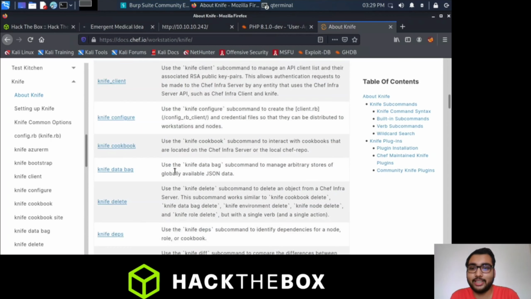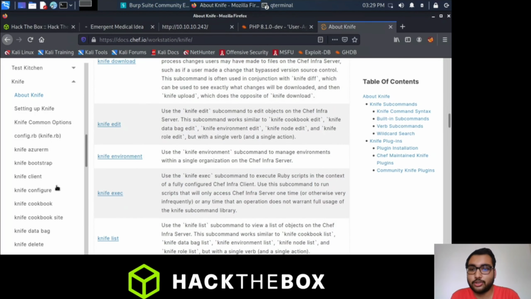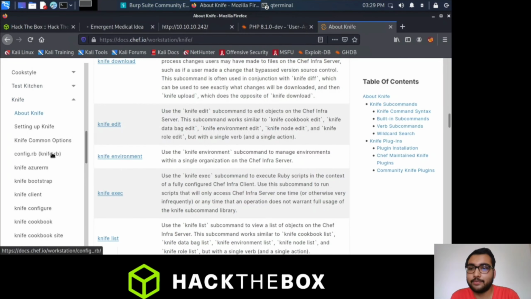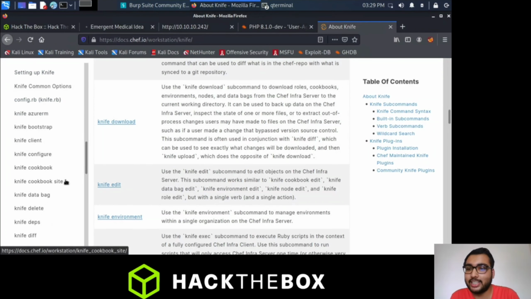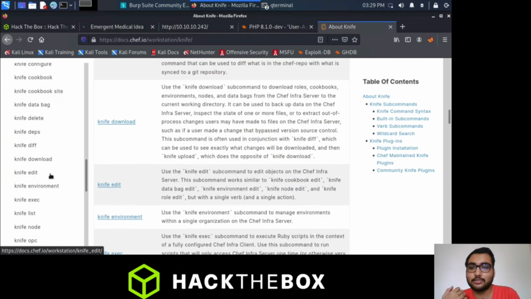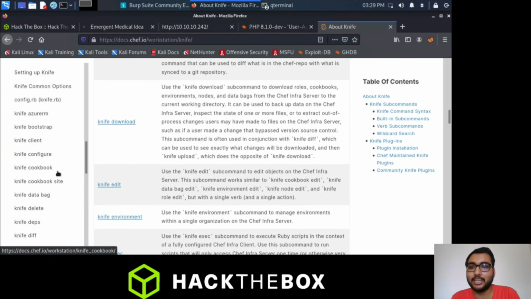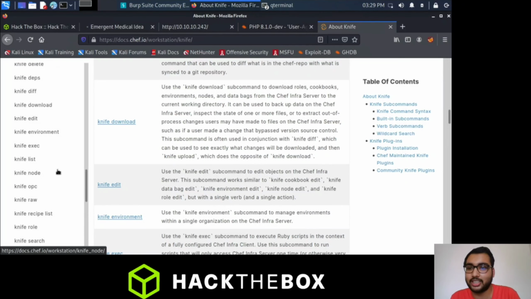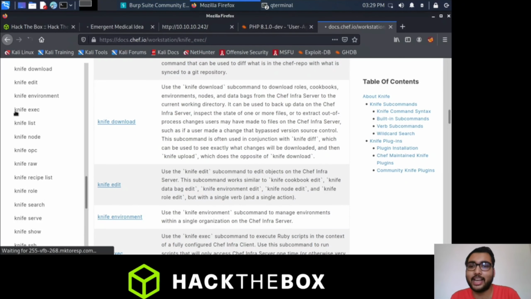There are a few built-in commands, as we can see in the help menu and in this documentation. So what can knife do? It can mostly do anything. It can download anything, delete any file, create new users, and as James can run this knife program as sudo, knife can run any program as sudo. But here we need to check if there is any command to run any program in knife. So yes, we can find this knife exec, and let's check what it is.